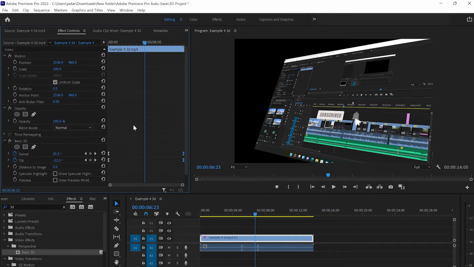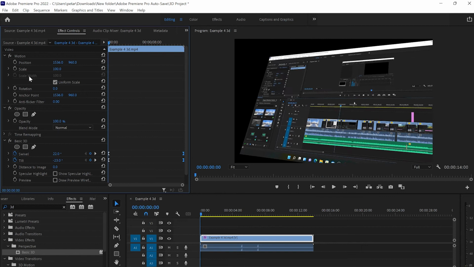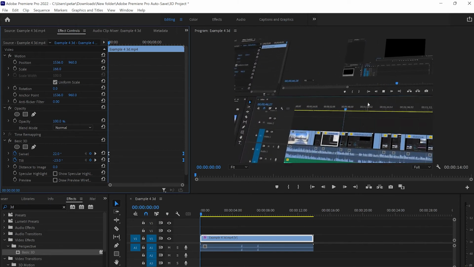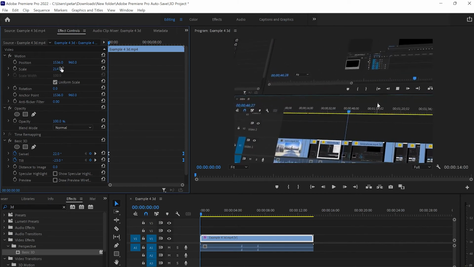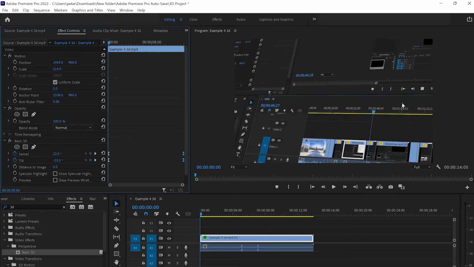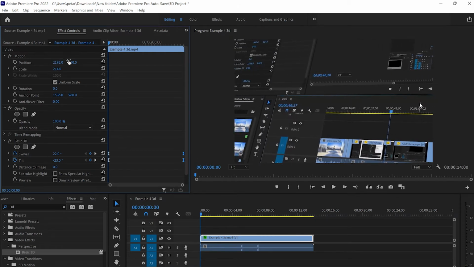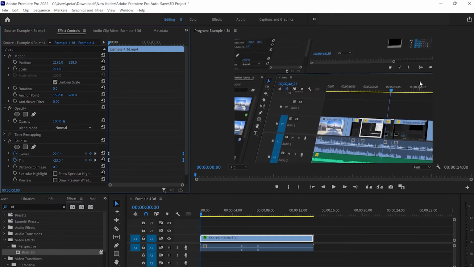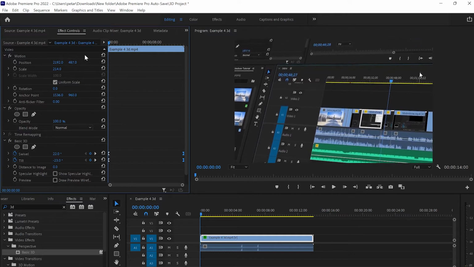So to fix this, I'll go up to the motion. And from there, I'm going to move the cursor to the beginning of the video and increase the scale like that. And also, I'm going to change the position. I'm going to move it to the right and then down like this